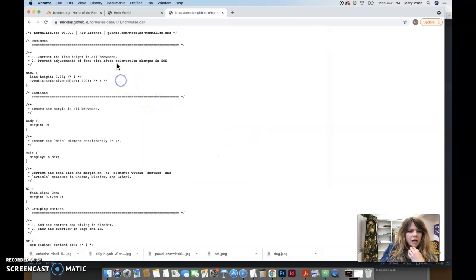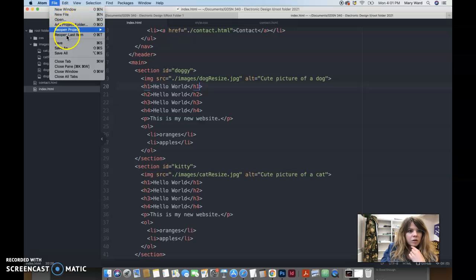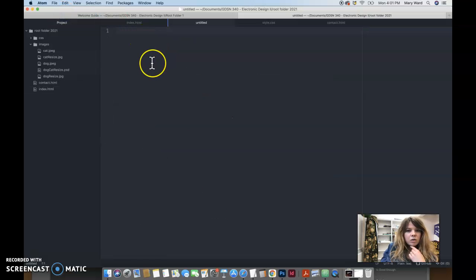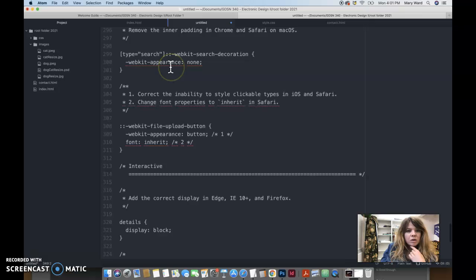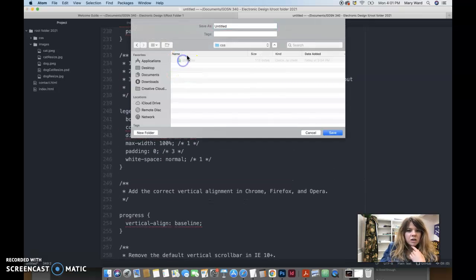Okay, click on that. And then this is just a bunch of text, but if we do a Command A to select all and then Command C to copy that, let's go ahead and go into Atom, create a new file. So File, New File, Command V that in there. Save as, and then we'll put it in the CSS folder,